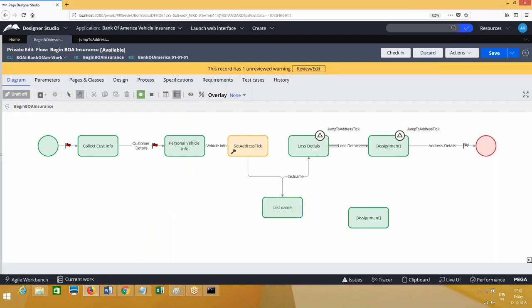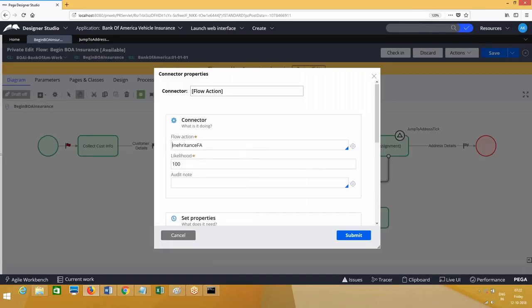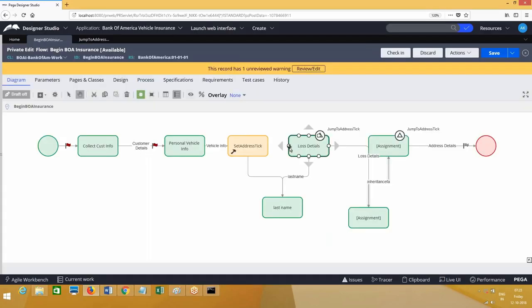Next, after last details, I'm adding another one. This is single customer search. Let's say this is one customer. We have inheritance flow action. I'll call inheritance flow action. So for testing purpose, I have added. So now here you go.